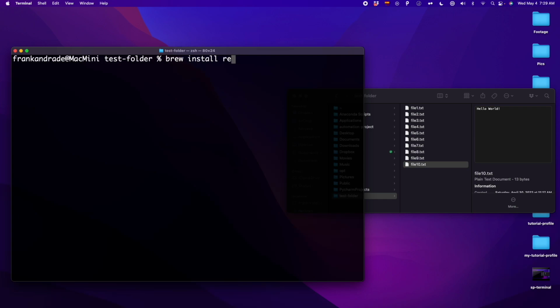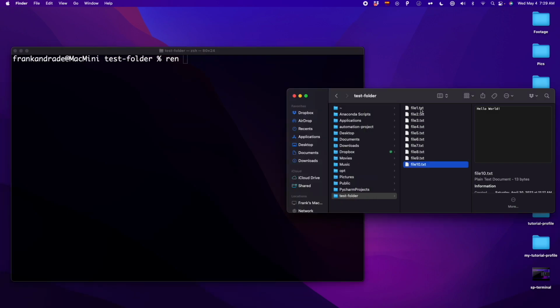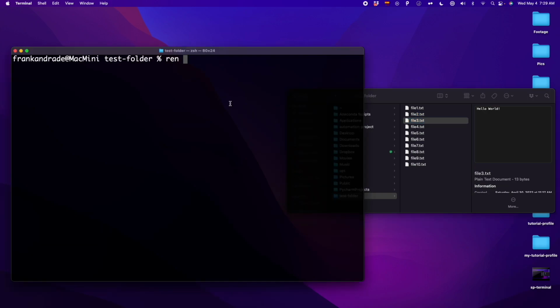All right, once you have this ren command, you can use it. And the ren command helps us rename files in our system. So to do that, we only write ren. And let's say I want to rename the file named file1.txt that I have here. So to do that, we only write file1.txt, and then we write the name we want. So we, for example, write